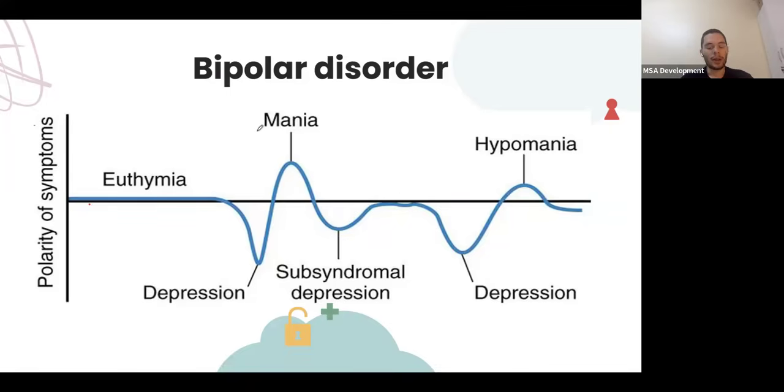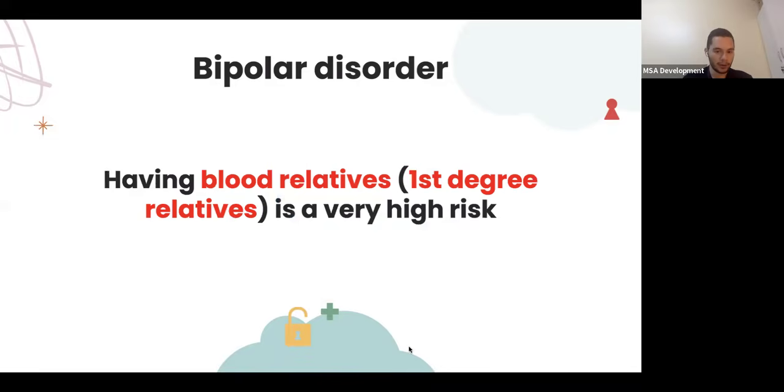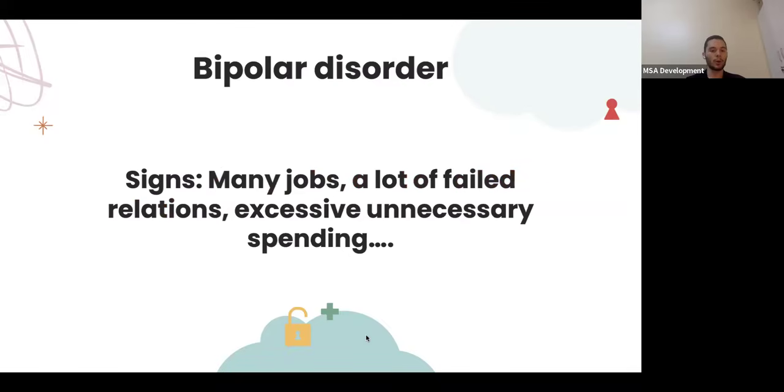What's a very high risk factor for bipolar disorder patients? Blood relatives, having a blood relative. Usually a first degree blood relative is a very high risk for bipolar disorders. And it could get transmitted, but it needs a trigger. What triggers it? Like you said, the stress. So when you have stress, and then you already have a history of bipolar disorder, when this stress and bipolar meet together,